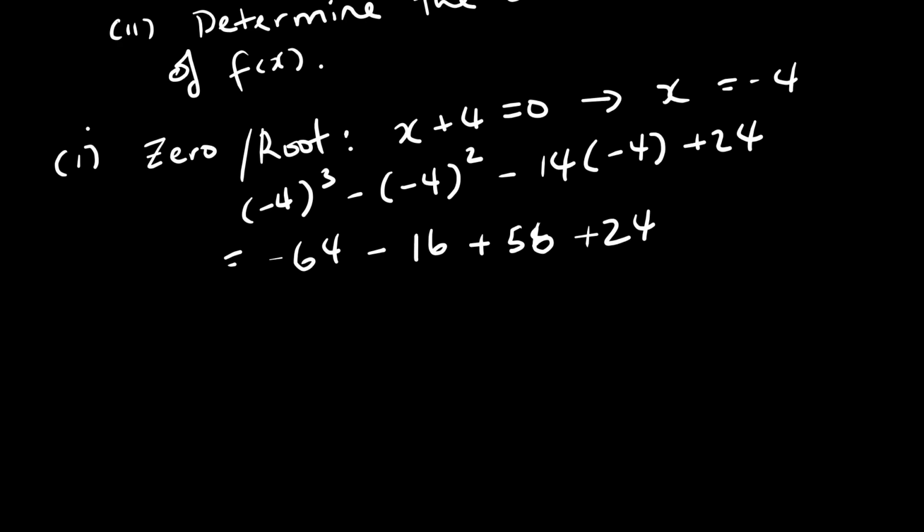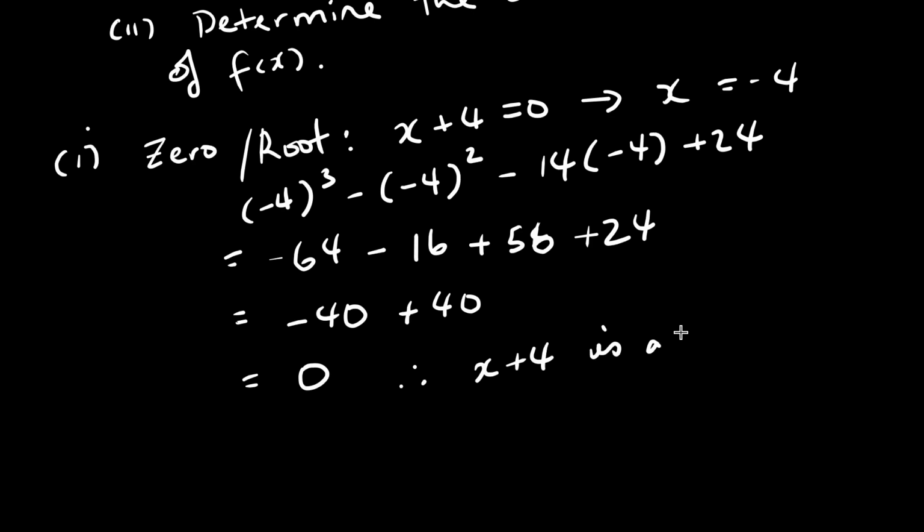All right, so let's simplify if we can. What can we add to make life simpler? Well, we can add negative 64 and 24. That's pretty straightforward. That should give us just negative 40. And we can add negative 16 and 56, and that should give us positive 40. And those two add to give us 0. So we've done the very first part of what we're required to do, because having substituted our negative 4 into this function, we've gotten 0. That means, therefore, the divisor that we had, which was x plus 4, is a factor